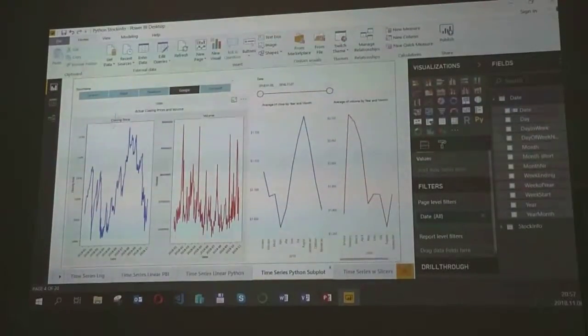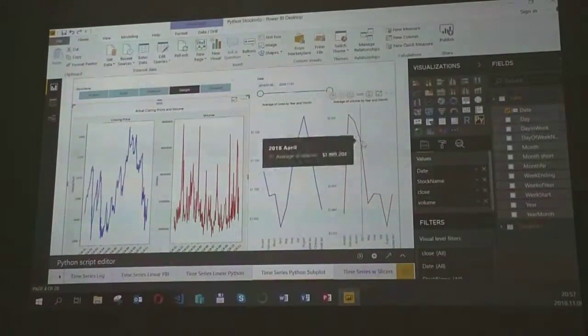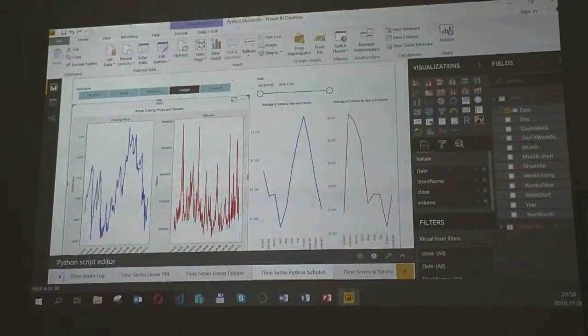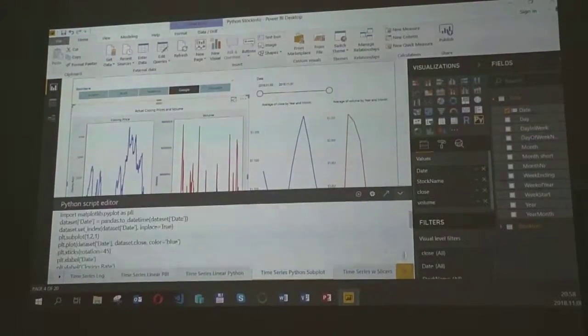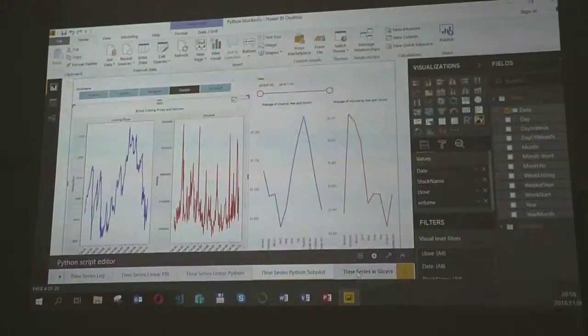These are Python visualizations, and these are from Power BI. And using this, I had to add the index because the data set does not automatically have any index in this reporting tool.